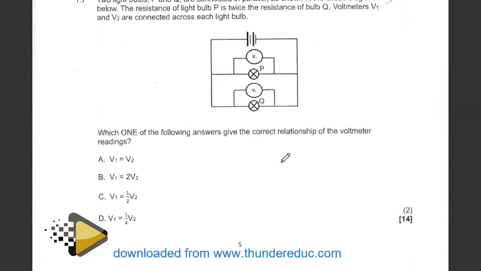Then 1.7, two light bulbs, P and Q, connected in parallel. You can see that the resistance of P is twice the resistance of Q. If this is just 1 ohm, this is going to be 2 ohms. If this is a 2, that will be a 4. Voltmeters V1 and V2 are connected across each. Which of the following statements will give the correct relationship of the voltmeter